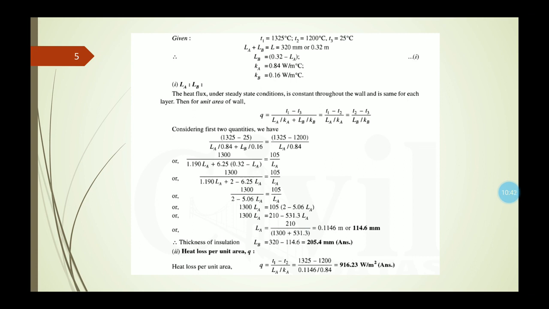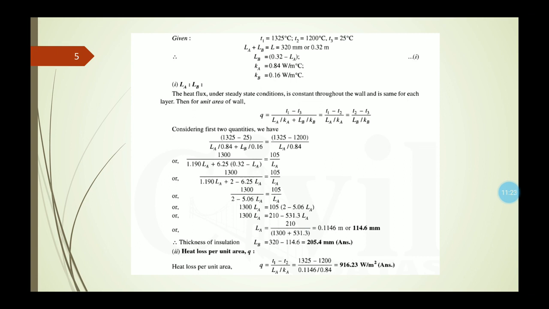So for unit area of the wall, we can write this equation. Now considering the first two equations, if we put the values which are given in the question, we get the values of T1, T2 and T3, and we also get the values for the two different thermal conductivities. Now if we put all these values in the first two quantities of the above equation, then after some steps we will get the thickness of the fire brick as 114.6 millimeter,